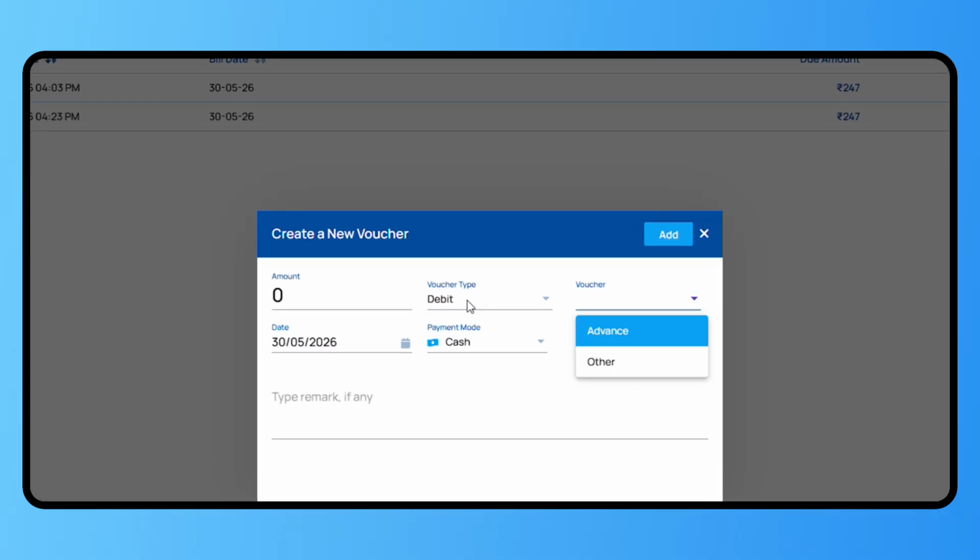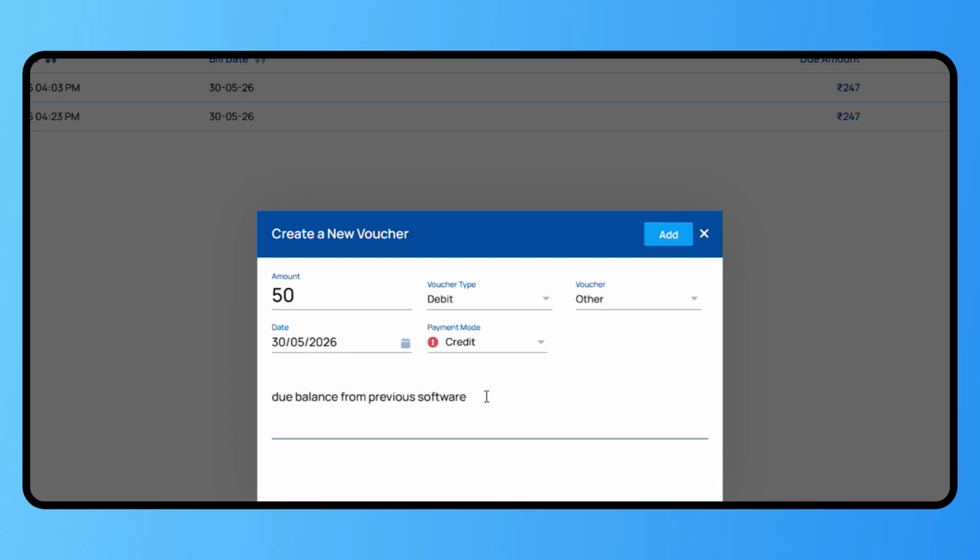Debit voucher is used to record pending dues from a customer. For example, if a customer has an outstanding balance from earlier bills or previous software, you record it here. The impact is that the debit voucher is added to the customer due balance during the settlement. We will create a debit voucher. Voucher type you can select as Other, and payment mode is Credit as the customer didn't pay for it till now, and in date you can update the remark as well.